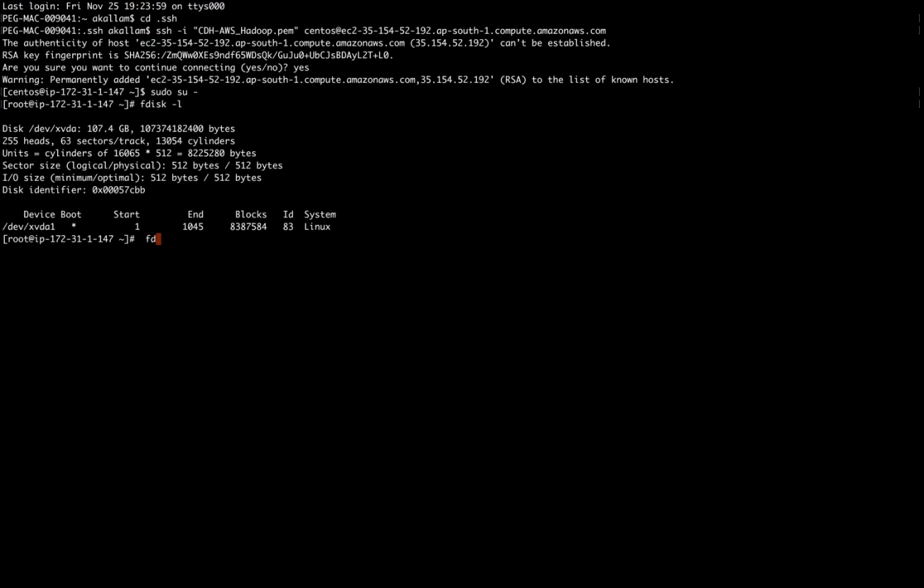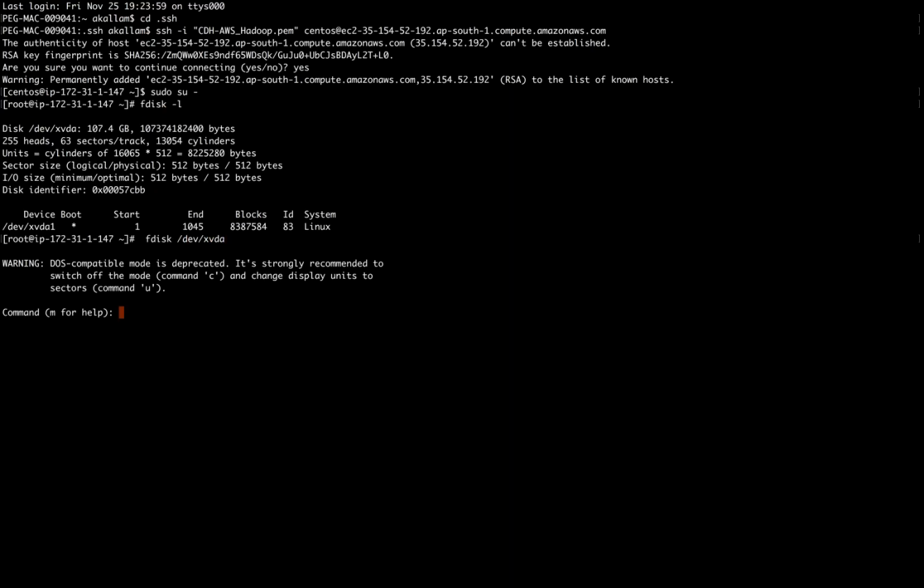So I need to format with fdisk. First I need sectors, and after sectors I need partitions which can be understood. So how many sectors does it need? Partitioning starts from here, so I give p